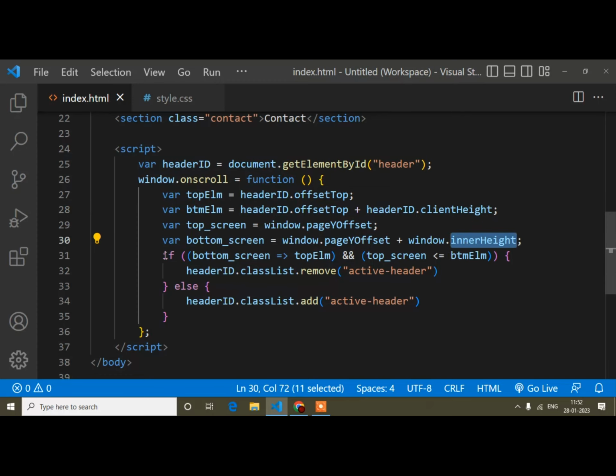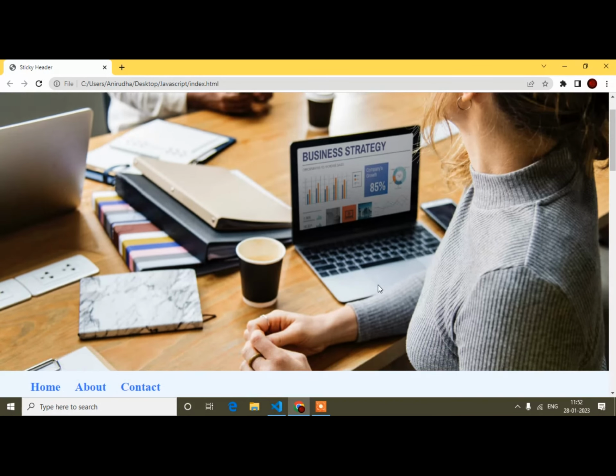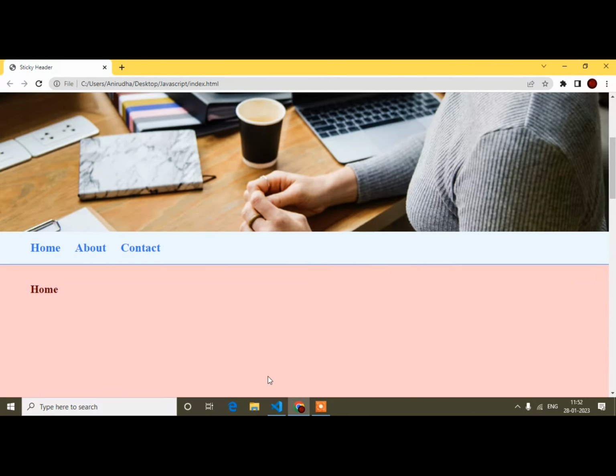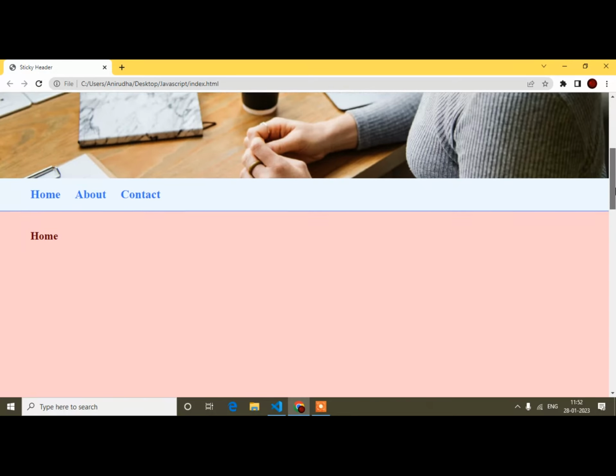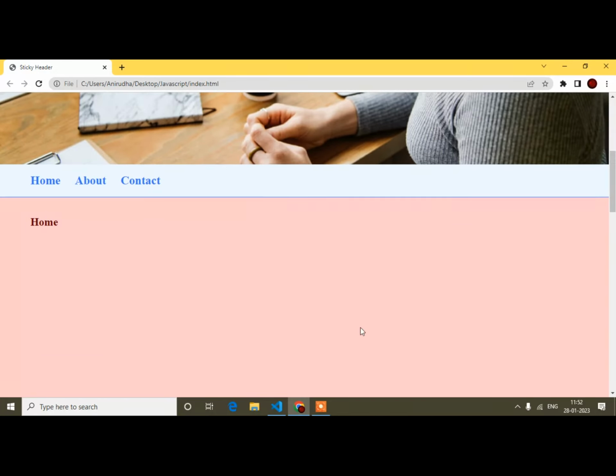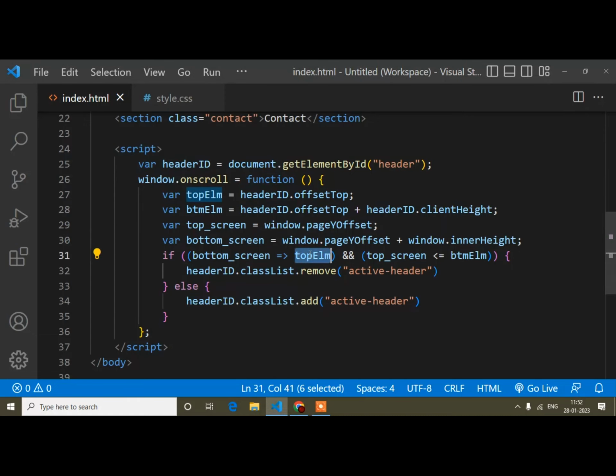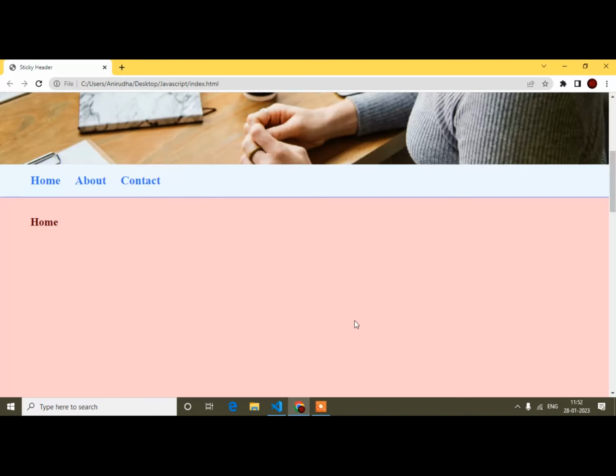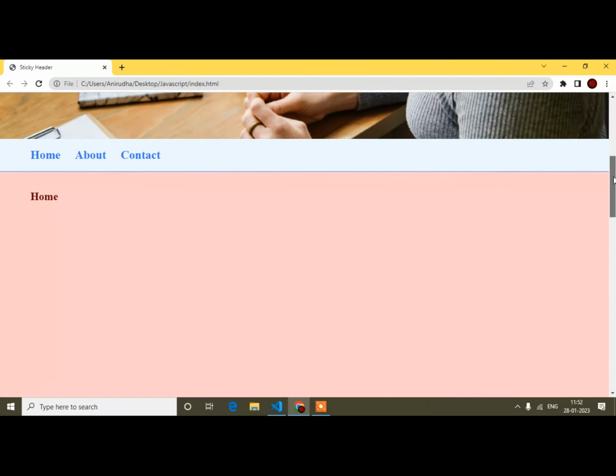Now I have written a condition: the bottom of the screen will be more than the top of the element, meaning here. And the top of the screen will be less than the bottom of the element, meaning like this.